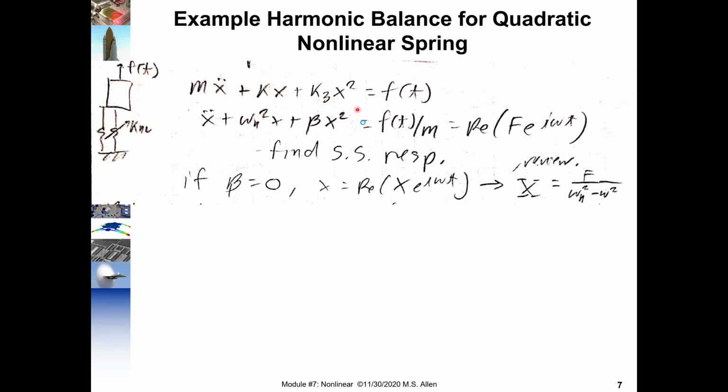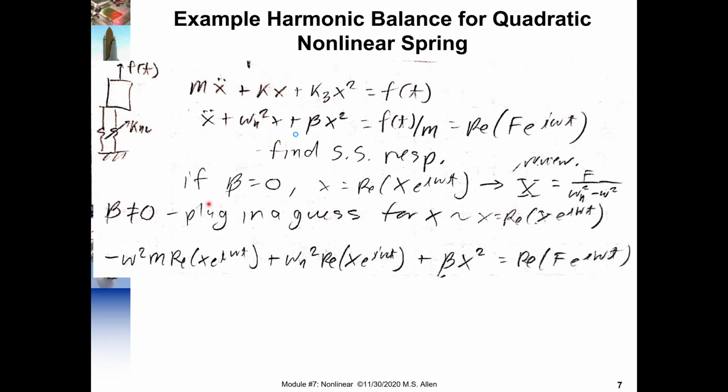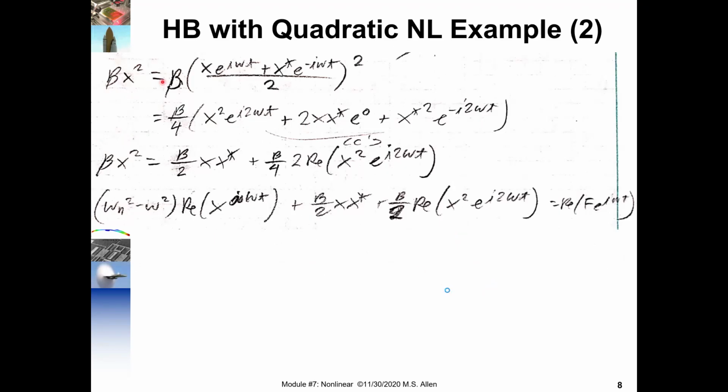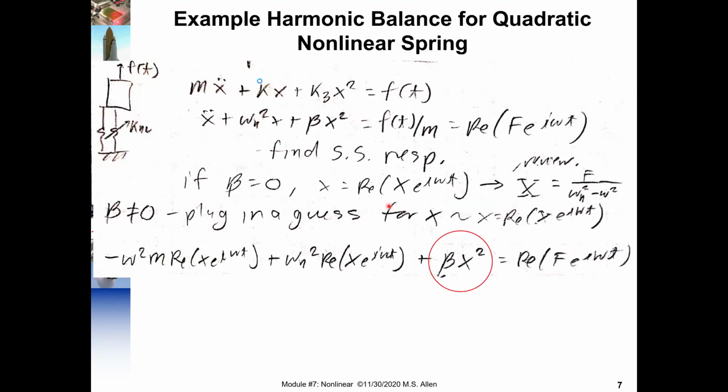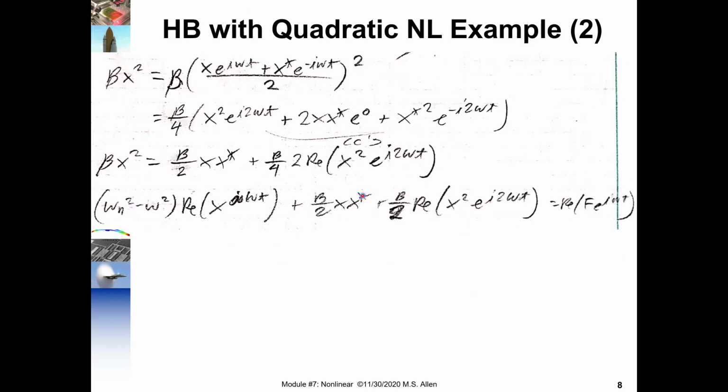All right. So what happens now if we include that nonlinear term? We can use the same guess for the response. We'll assume that x is still a single harmonic response. And if we plug that in, everything is proceeding as we're used to, but we have to deal with this beta x squared term. So to deal with that, we have to recall that the real part can be written as the sum of the value and its complex conjugate divided by 2. Right? This form here, if we want to multiply, we have to write it in this complex conjugate form, and then we can